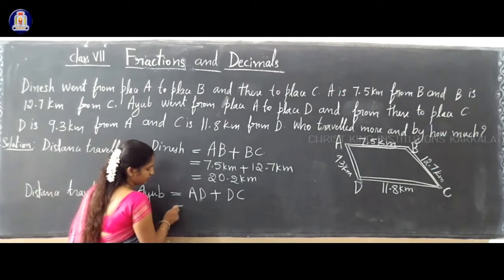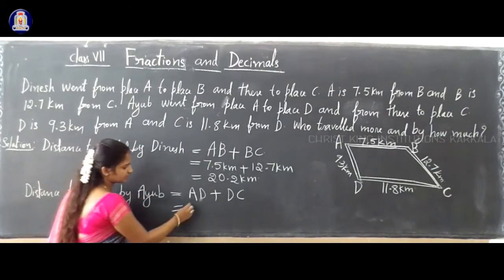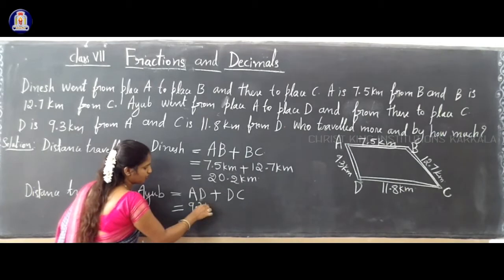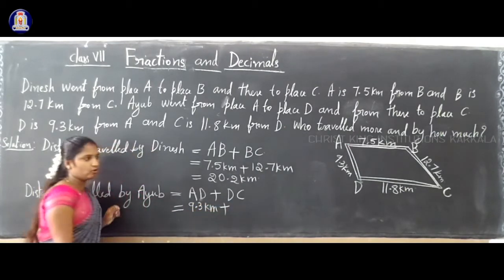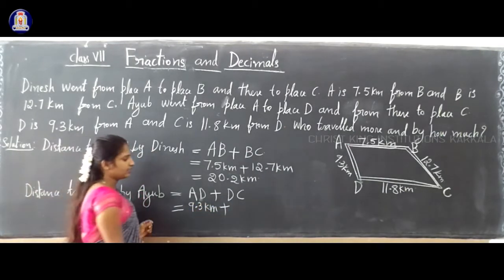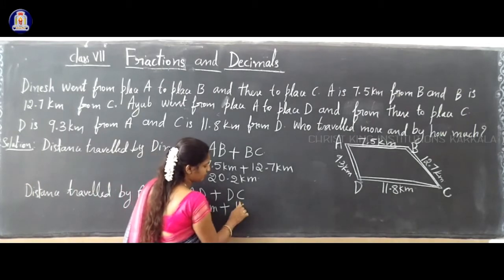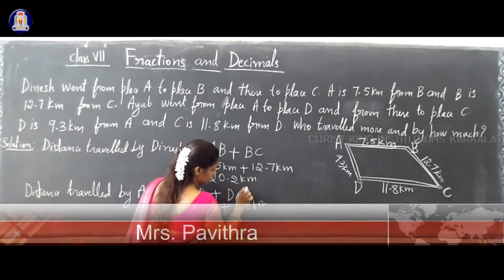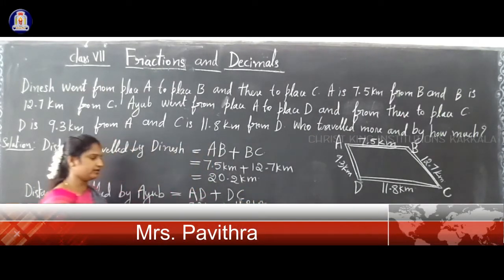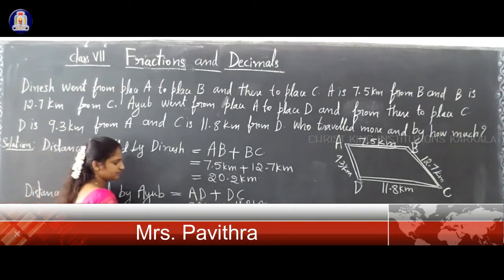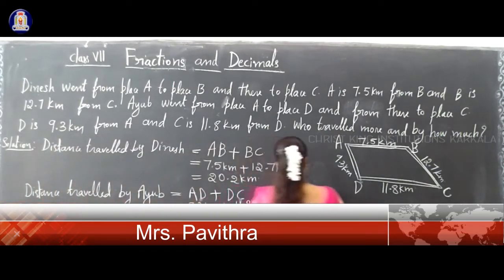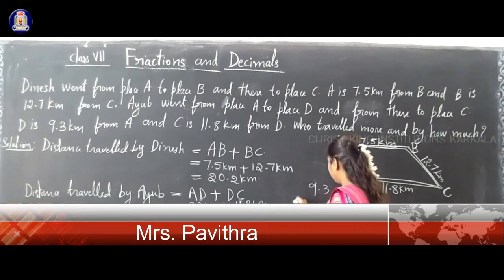So now A to D, AD is 9.3 kilometer, and D to C is 11.8 kilometer. Now if you add this, say 9.3 plus